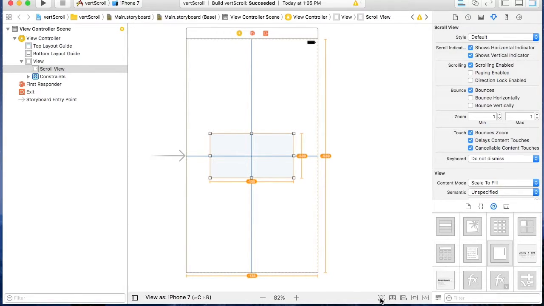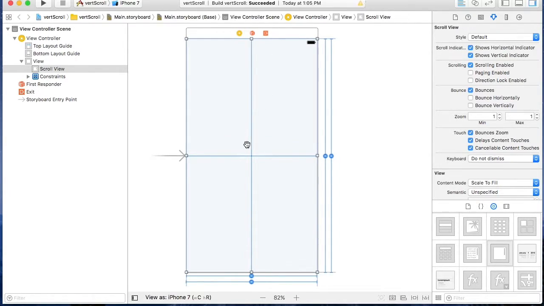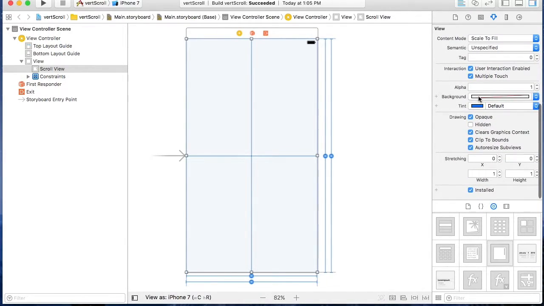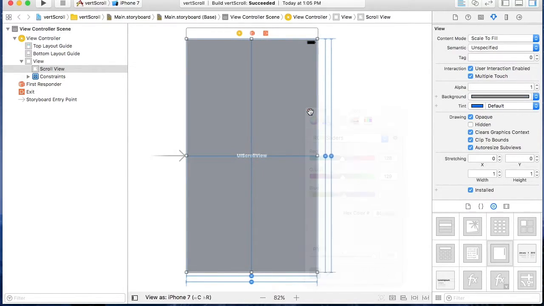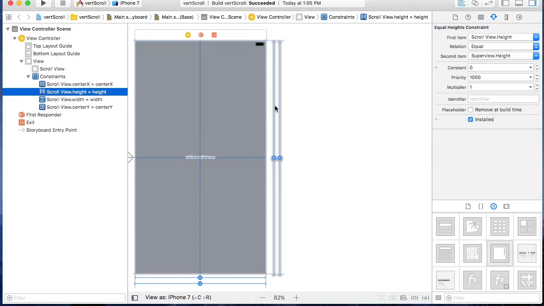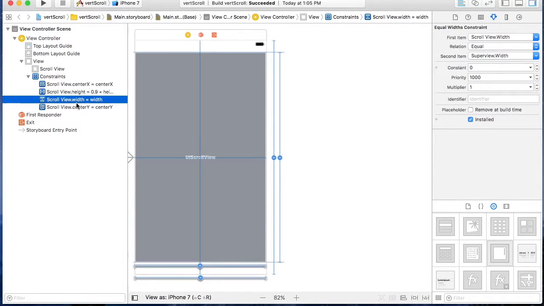So I'm just going to come down here and click on update frame, and it's going to get to the appropriate size. The first thing I want to do with this scroll view is just change some colors up. It's not necessarily a color scheme that I'm going to advocate, it's simply so everyone can see what's going on. One of the things I like to do with pretty much any of my views is resize them, and I'm going to make the height, as opposed to equal, about 90%, and I'll also make the width about 90% of the